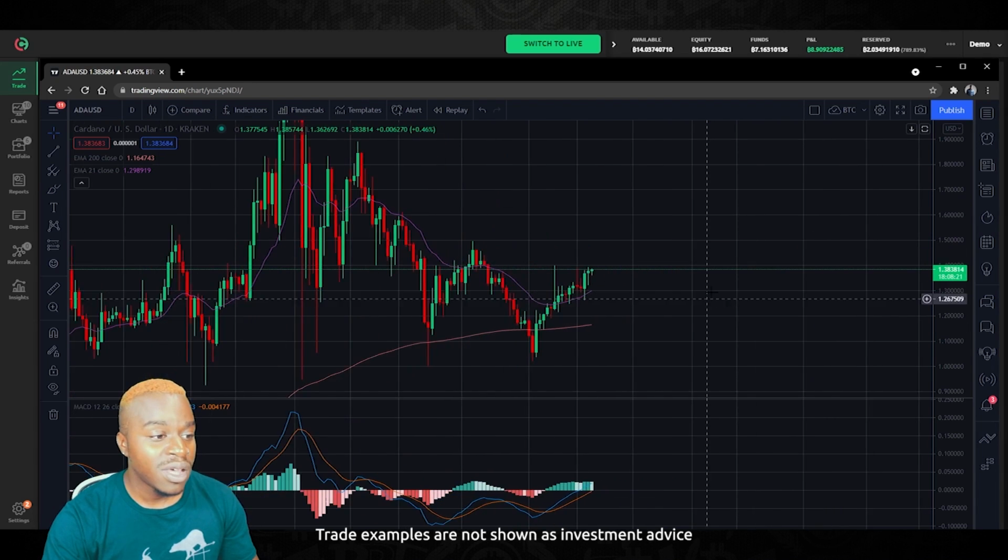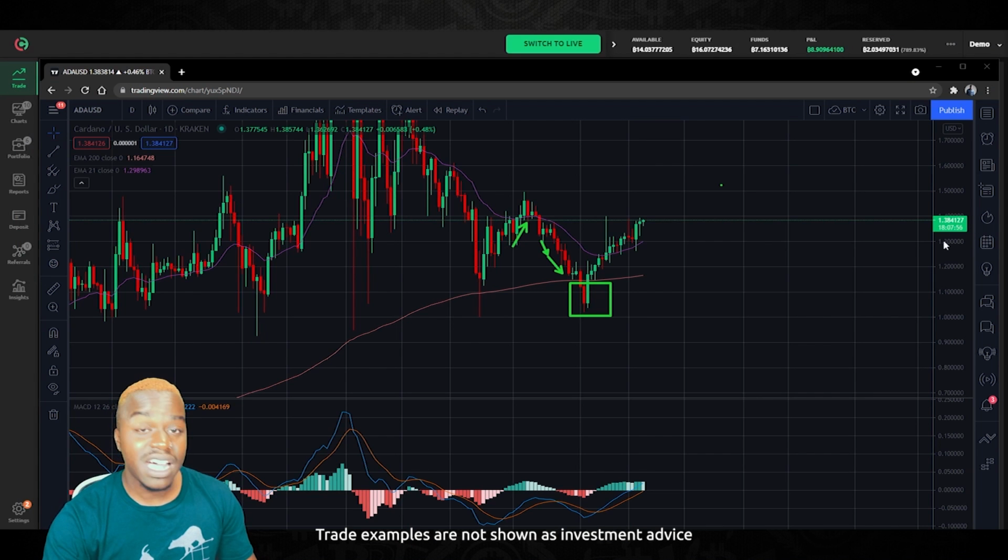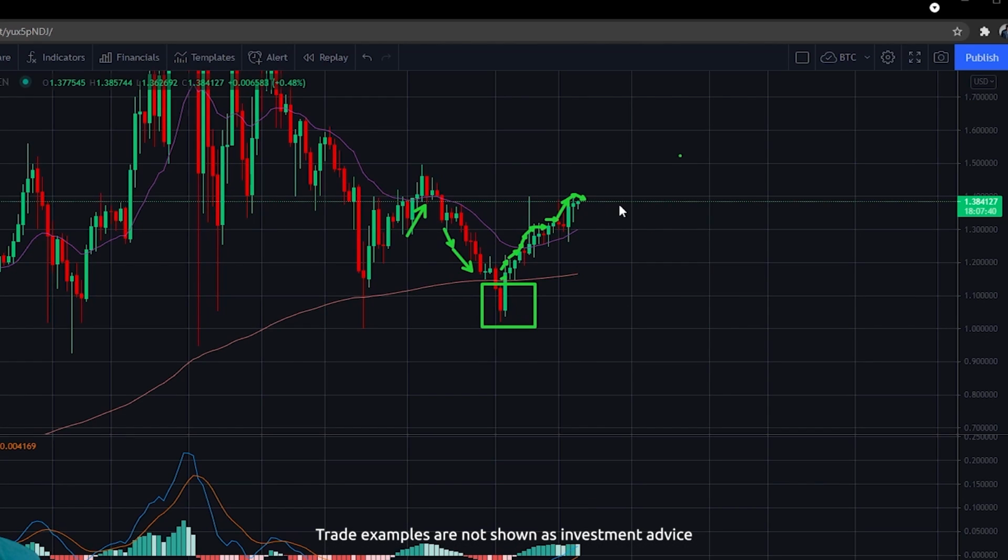When we did have that breakdown in July, as you can see, price broke that 200-day moving average, and typically that is not good to happen. When you see that break, you usually see the beginning of a bear market. But something different happened for Cardano. The price did reverse right on that with a nice bullish reversal, a bullish engulfing candle, and price went on a massive winning streak, flipped the 21-day moving average into a support, including the 50,